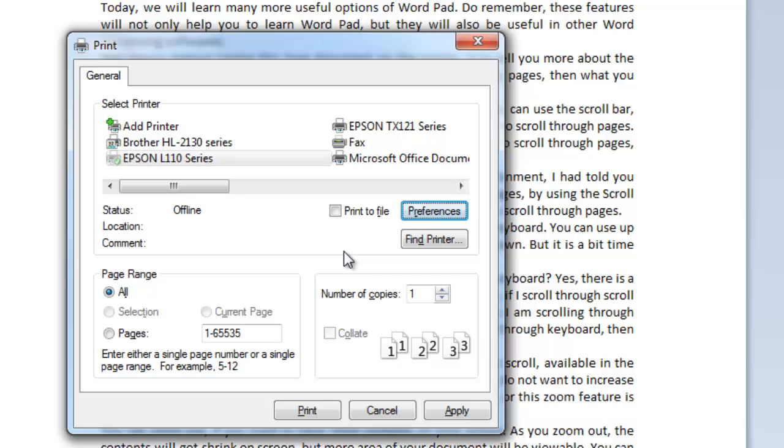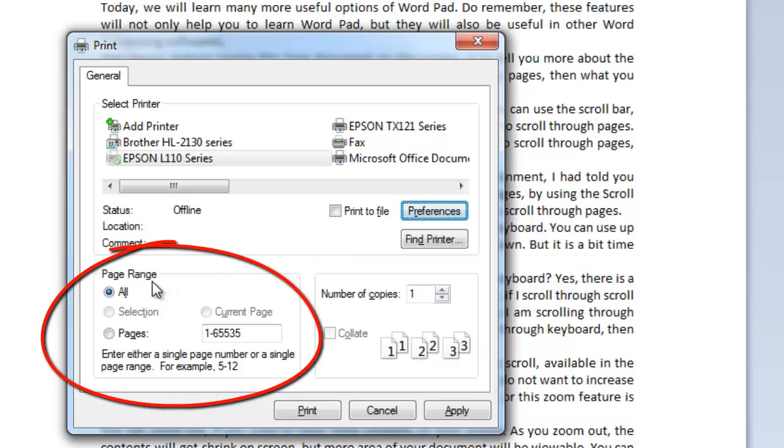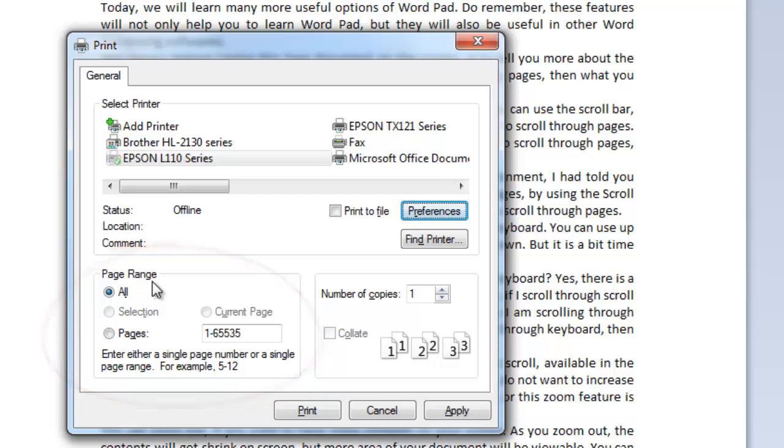The most important part while printing a document is the page range. Here you can specify whether you want to print all the pages, or a selected number of pages. By default, the All option is selected, so if I press the Print button, it will print all the pages of my document. If I want to print particular pages, then I can specify the numbers by clicking on the Pages